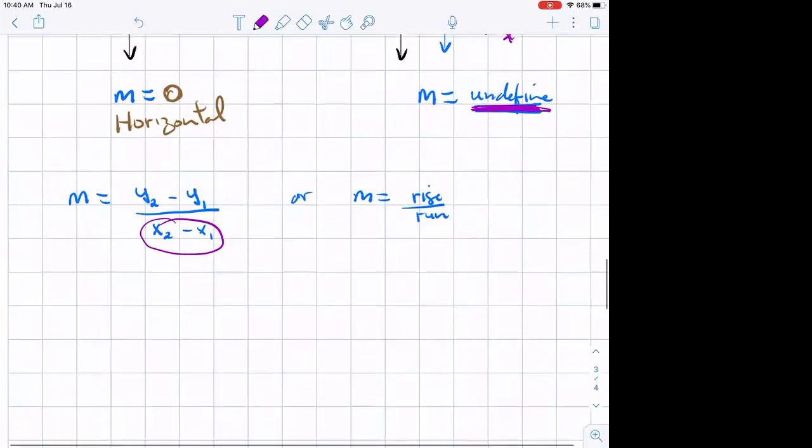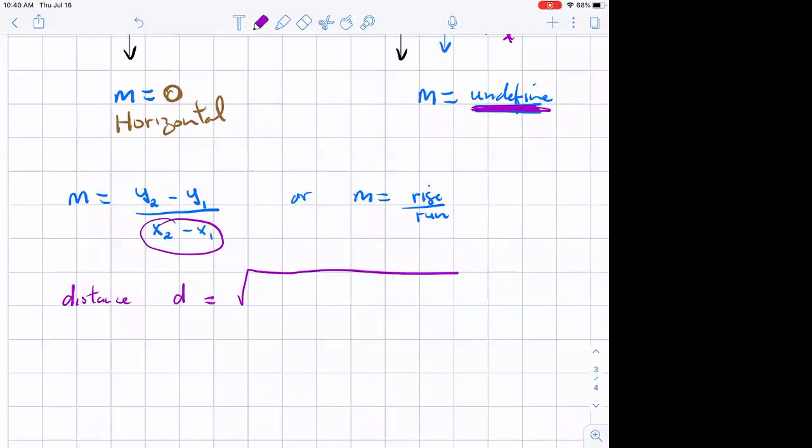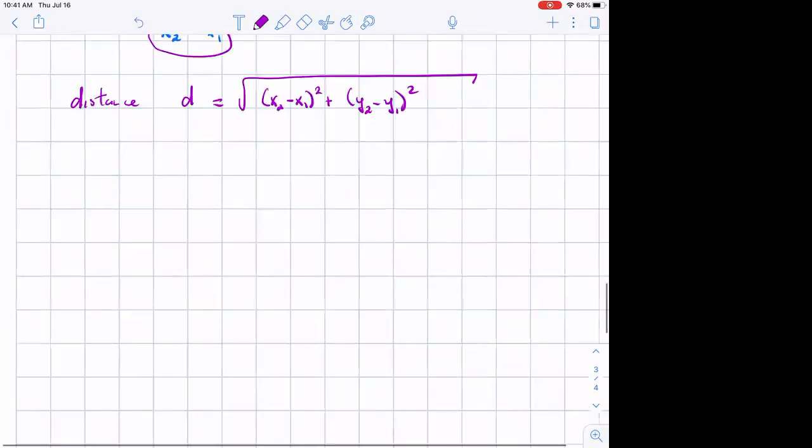You guys should also know about the distance formula. Distance, usually called d, is the square root of x2 minus x1 squared plus y2 minus y1 squared. Okay. So if you know that formula,